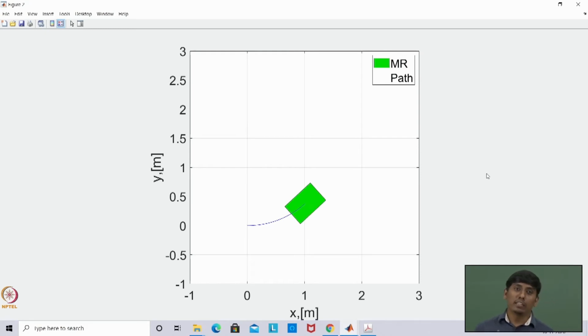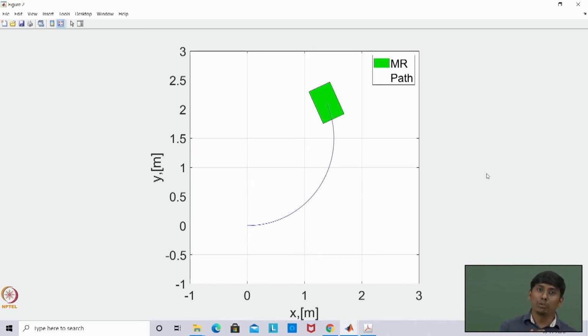Now you can see that based on the orientation of the vehicle, it is moving. On top of that, the vehicle frame is also visible, you can see the coordinate as B, right? That B frame is the point where the blue line is ending. So you can see where the vehicle coordinate is and how the vehicle is oriented. All of this you can see in a single picture, which is nothing but an animation here.